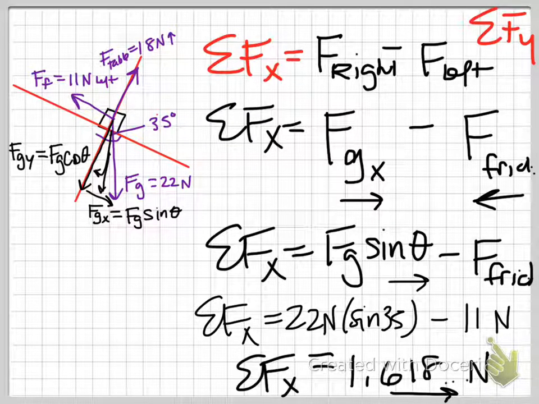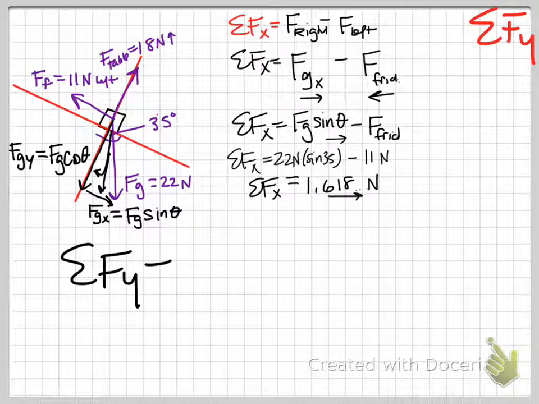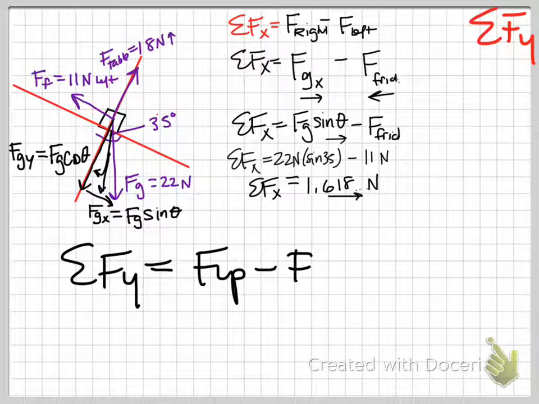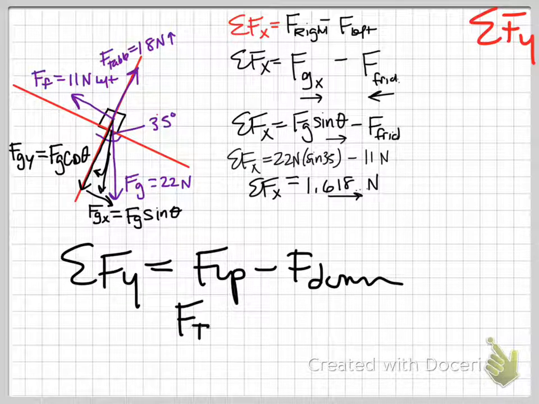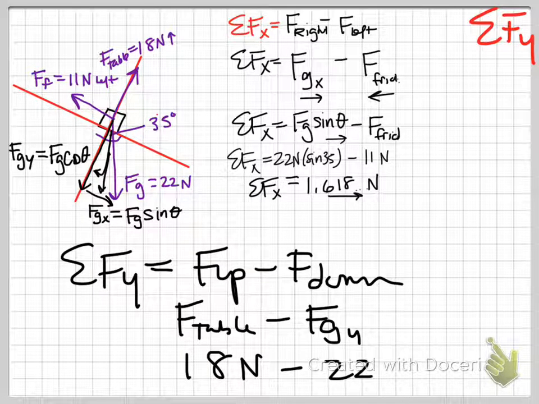Now, what I didn't do, and I probably should have done first, is check to make sure, I mean, you would think that they would mention something like this, that the book is not crashing through the surface of the table or spontaneously floating up into the air. You never know. It could happen someday. Forces up minus forces down. What force do we have up? We have force of the table. What force do we have down? Force of G on the y. 18 newtons minus, well, that's 22